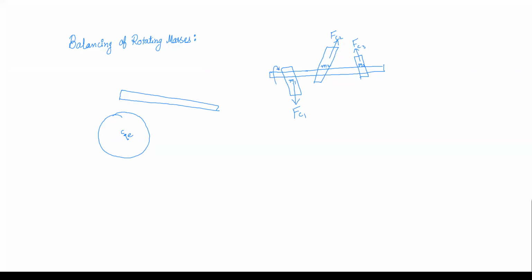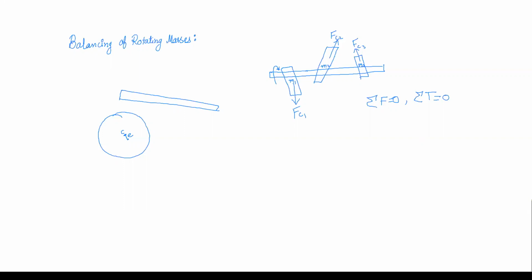So we know that if a shaft or any system is in equilibrium, then the summation of all the forces must be equal to zero, and the summation of all the torques about any point must be equal to zero. Let's say after applying these masses, the system is not running smoothly and it is having noise or a lot of unnecessary vibration.